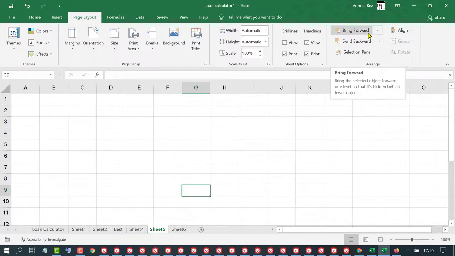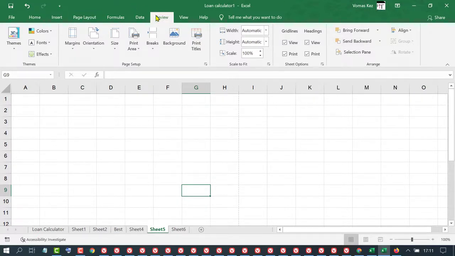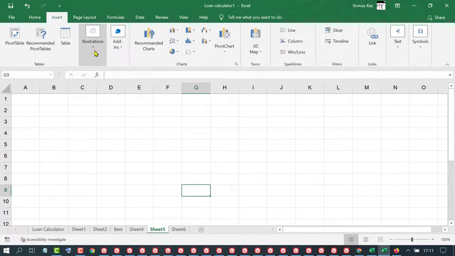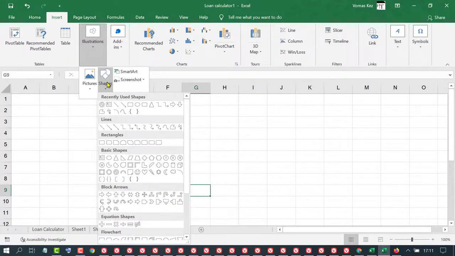Bring forward, arrange. Send the selected object back one level so that it's hidden behind more objects. If you have some objects in your Excel sheet, you can arrange them easily. Like we will give the example. So insert illustrations and shapes. Like we have